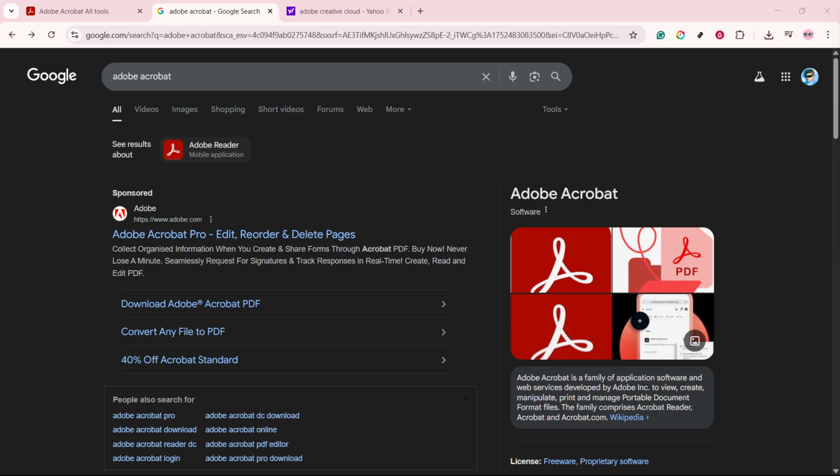First things first, you're going to need to open up your web browser. This could be Chrome, Firefox, Edge, or any other browser you prefer. Once that's open, simply type Adobe Acrobat into the search bar and hit enter. This will pull up a list of search results. Generally, the official Adobe site is going to be your top entry, so go ahead and click on that first